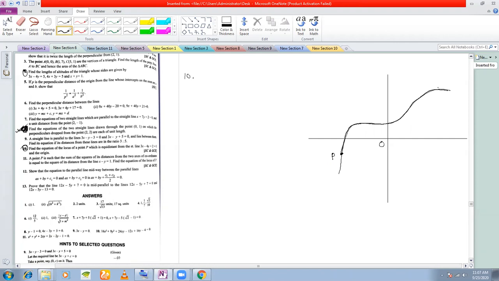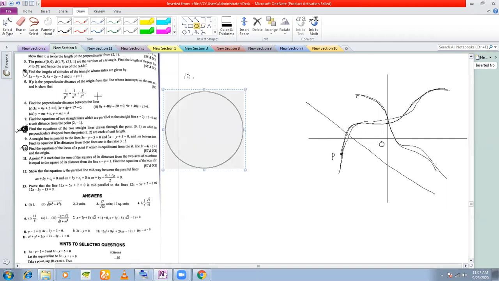But then you will say that, sir, this is also a path, isn't it? Or you will say this straight line is also a path. Then what is the difference between this path and this path? That is the obvious question. The answer to this question is that locus is a path such that it satisfies certain special geometric condition at each point of its path. For example, let us say a circle. Circle is also a locus.